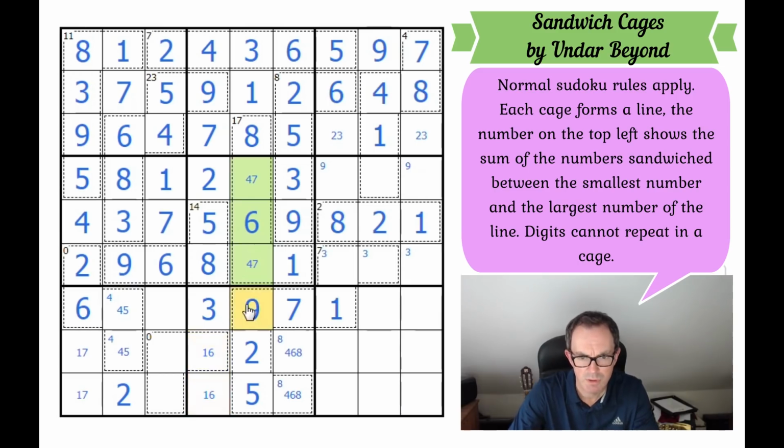Not quite, but look, there's a 9 now in this cage. So this has to be... oh. Is that right? Is there a 3 in this cage as well? Because if there is, this has now got to be an 8. And now presumably we can work this out, because